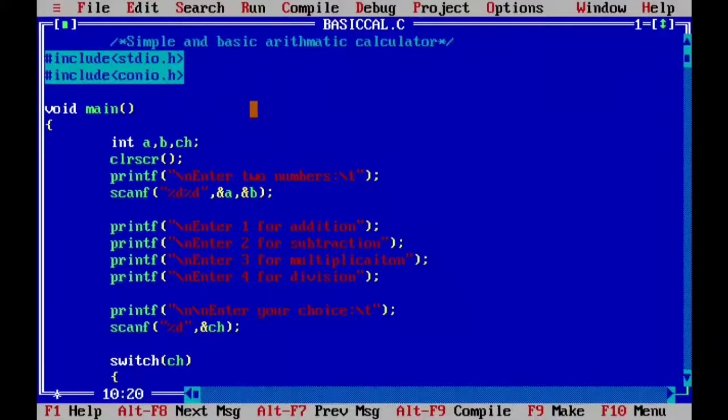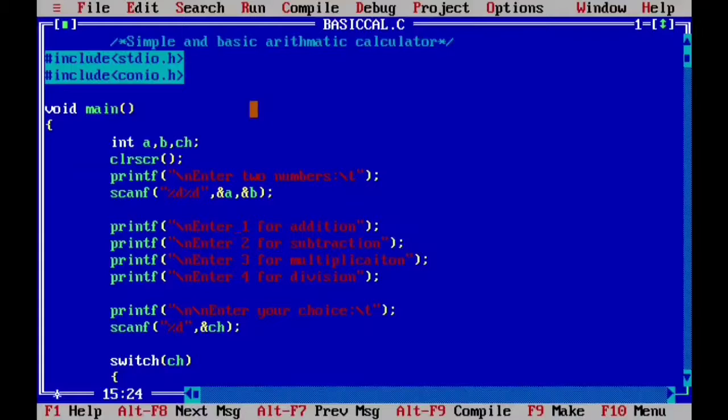Here I have scanned two integers a and b, in which I have asked the user to input the values on which the operation should be performed. Then I have made a menu for my user: enter 1 for addition, enter 2 for subtraction, enter 3 for multiplication, and enter 4 for division.